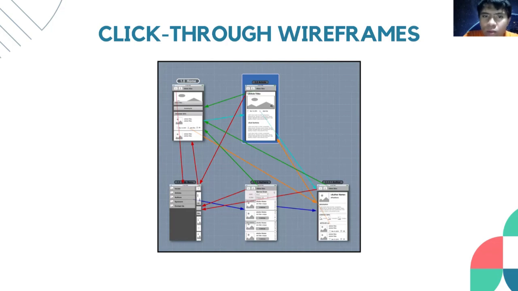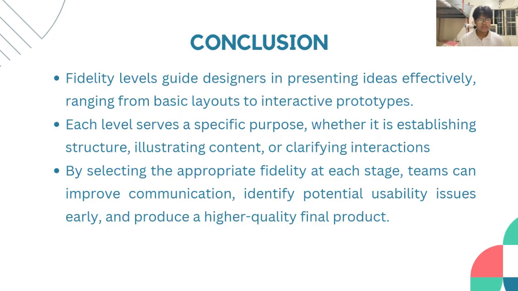This is the example of click-through wireframes. As you can see, there is an arrow pointing to one another. For example, the green arrow or the blue arrow and the other colors are pointing to specific elements, that once you click it, you can navigate to a certain web page or opening or you can scroll the wireframe. So for conclusion, the fidelity levels guide designers in presenting ideas effectively, ranging from basic layouts to interactive